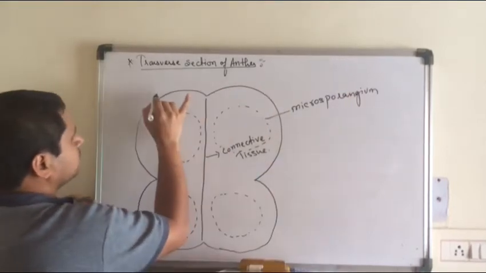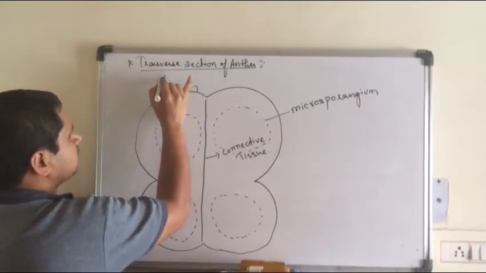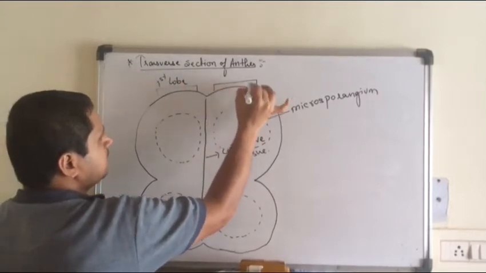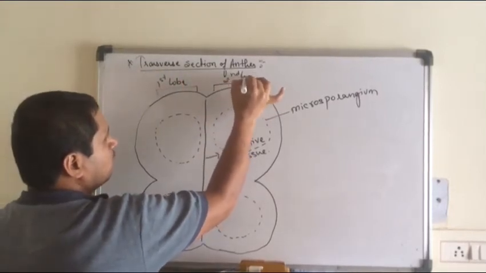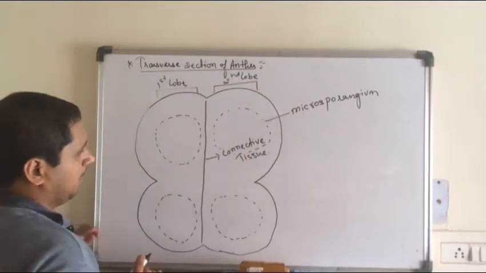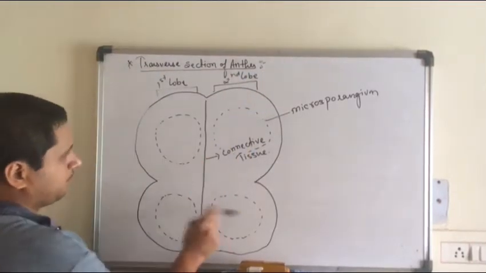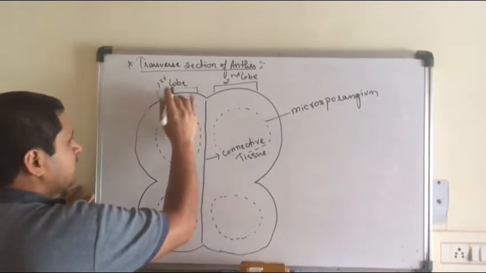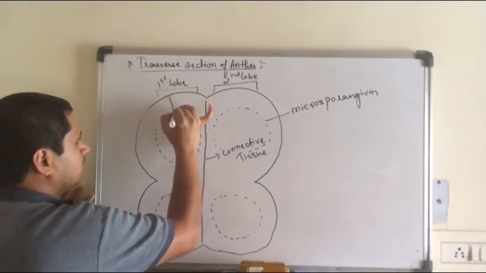Now there are 2 lobes. This is the first lobe and this is the second lobe, children. This is the connective tissue and the 4 microsporangia. Now the space between them, that is this one,